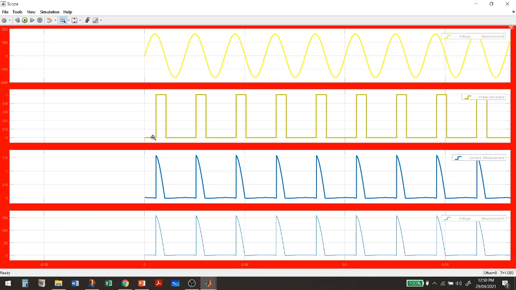This is the pulse width. So 25% pulse width is what we have set, at 90 degree. At 90 degree your gate pulse triggers the thyristor, and for this pulse you'll get an output.